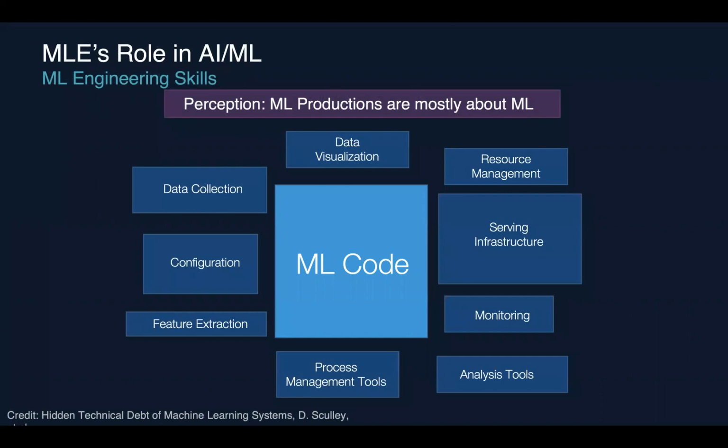this diagram, which is provided by Google in one of their white papers, this is how data scientists look at machine learning, traditionally, right? Because they're looking at a machine learning system from their angle. They think that the machine learning code base is probably the most important. It's the model, data preparation, model training, tuning code, because that's where data scientists and machine learning engineers spend the majority